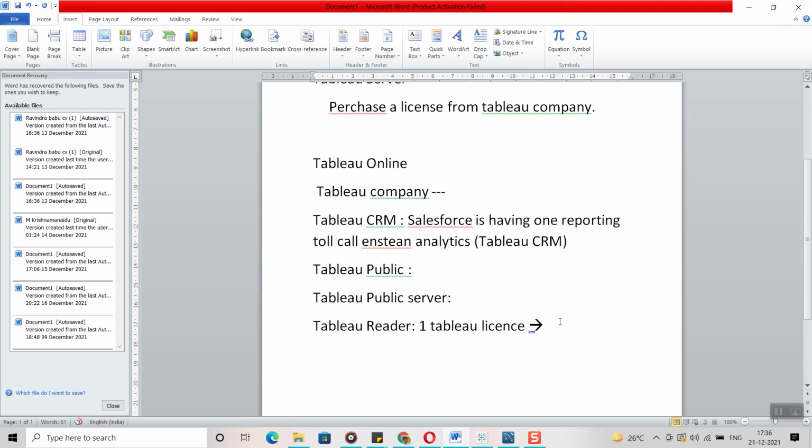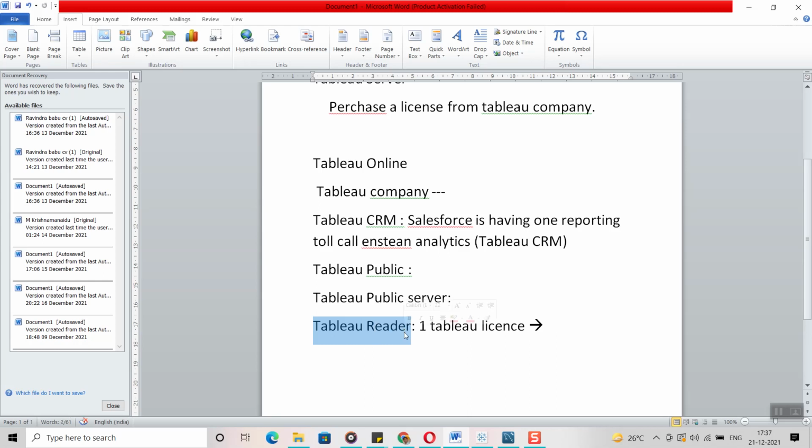Once they install Tableau Reader, we share the Tableau workbook which we created using Tableau Desktop. They can open that report from their desktop or laptop using Tableau Reader.